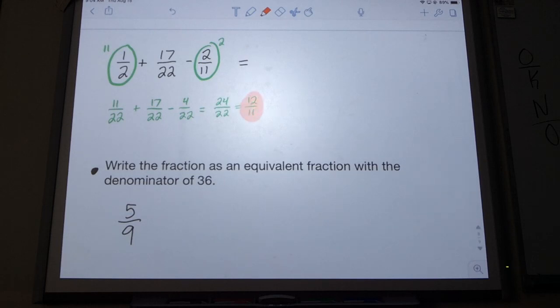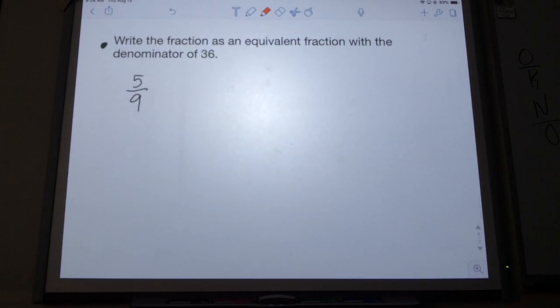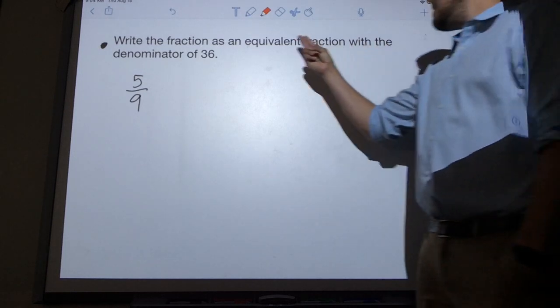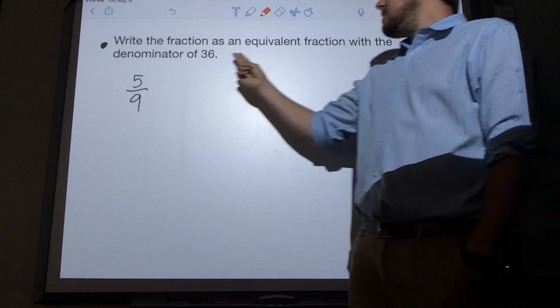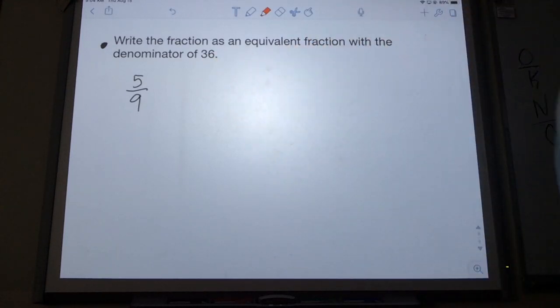Okay, last thing, I added this on late because I saw it on the homework and people had questions about it. It says write the fraction as an equivalent fraction with the denominator of 36. So basically it just wants to turn the denominator, the bottom, into a 36. How did I turn a 9 into a 36? What did I do? Multiply by 4. So just multiply the top by 4 as well. So that 9 had to be multiplied by 4. So the top also has to be multiplied by 4 so that we get that c over c, that 1. And so 5 times 4 is